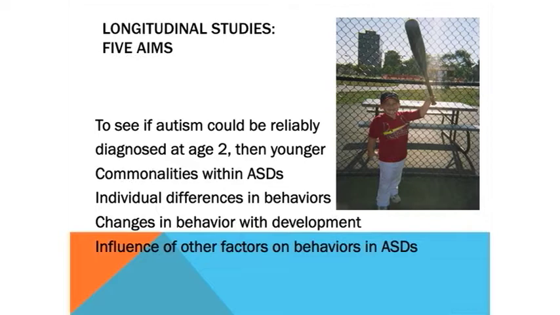I think another question was, given the heterogeneity of autism, how different children and adults with autism are from each other, what is common to this disorder? But then we also wanted, across time, to look at what was different. We were particularly interested in changes in behavior that accompanied development, and what are the trajectories of those changes. And then the influences of different factors that are not specific to autism, like language, expressive language, receptive language, and behavior problems, aggression, irritability, on the way that we see ASD.